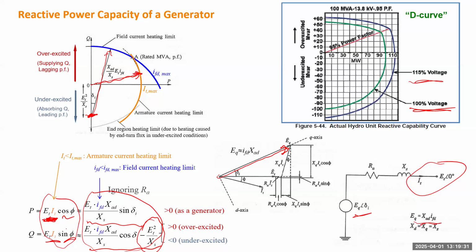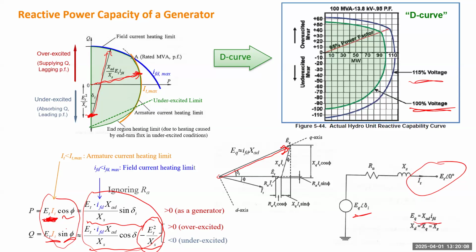But in some generators, we also don't want the generator to operate in under excited condition for a long time. So you can add another part of the limit as the dotted line shown there. Or you can just give further protection, so that will cut one part of this area on the bottom, but it will finally give you about this D curve. Okay. So this gives you an idea on how to determine the limit of P and Q of a generator,